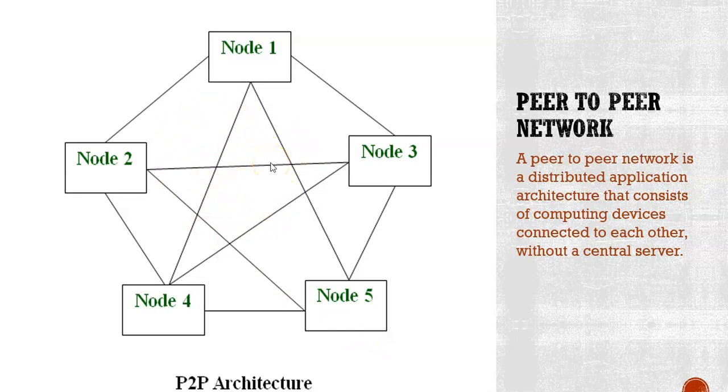As we have seen in the Web 2 and Web 3 difference, in Web 3 applications, we will not have any central server. So there is no governing authority at all. In a peer-to-peer network, there is no governing authority, and every node will cooperate with each other and accomplish some task. This kind of architecture is called a peer-to-peer architecture. The type of network is called a peer-to-peer network.